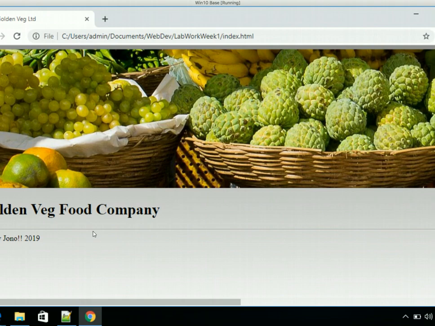Okay, so step 11 is asking us to add a heading called Welcome and a paragraph of text describing the veg company, and it's saying we can use Lipsum.com or enter our own text. Okay. So I'm going to put a